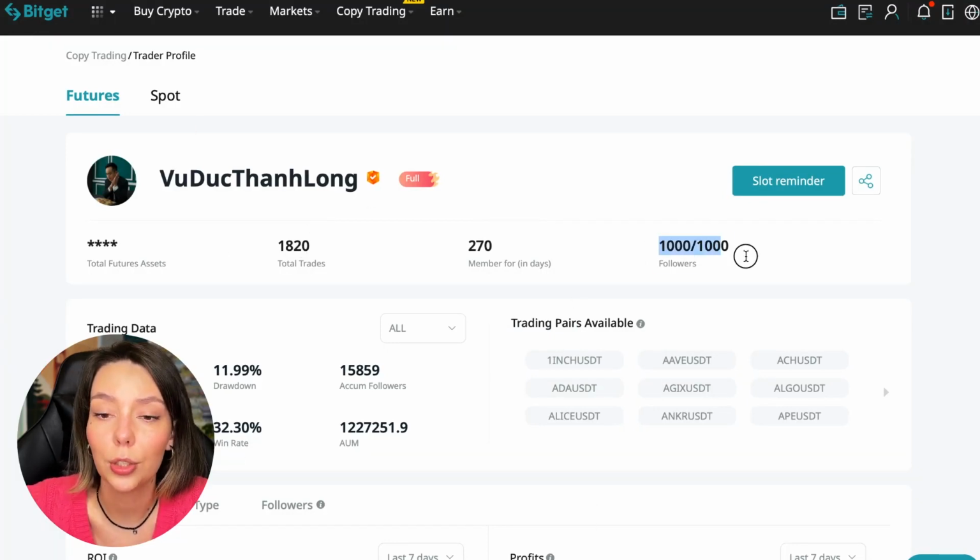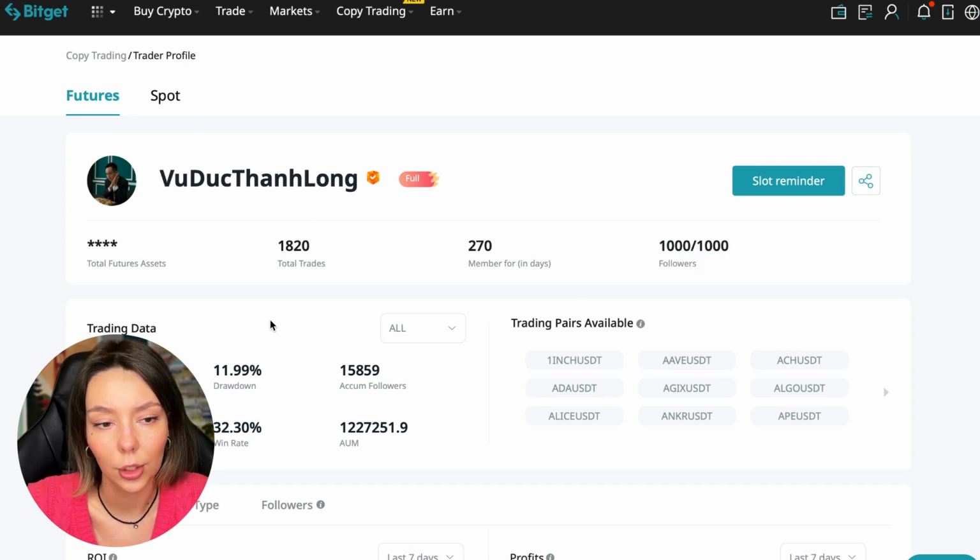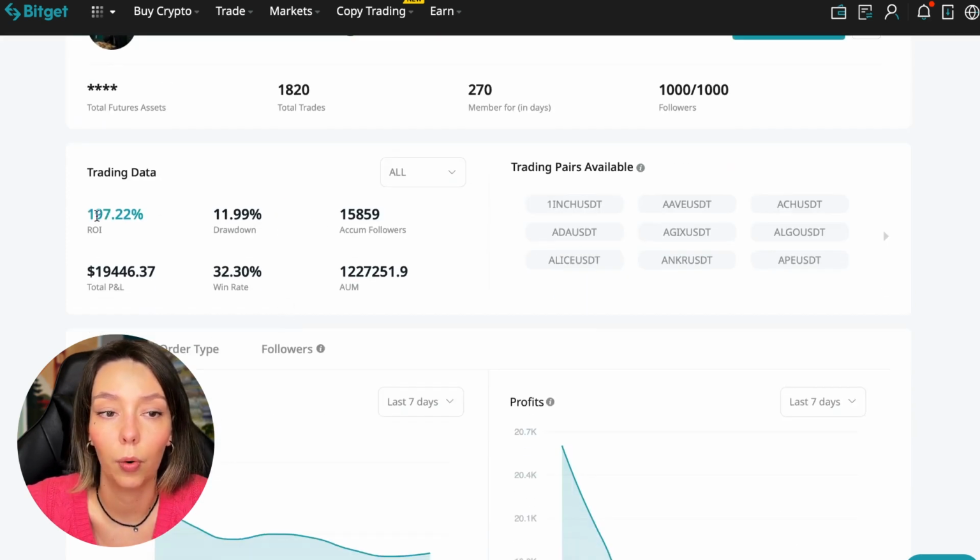So what to pay attention to? He has a large number of followers. This is the first thing you should pay attention to. He has 1020 traders and has been trading for a year, for 270 days. ROI 187%, maximum drop 11%, and this is a very important indicator that we should pay attention to, precisely